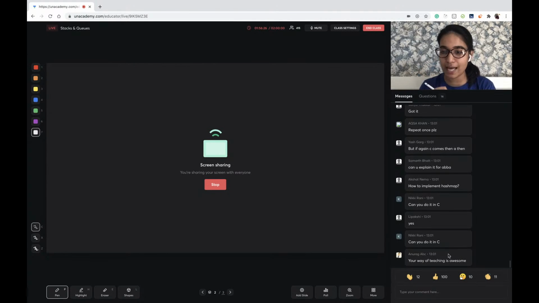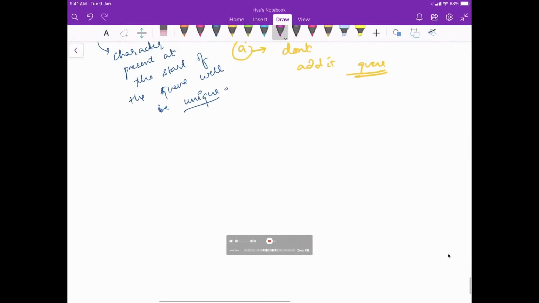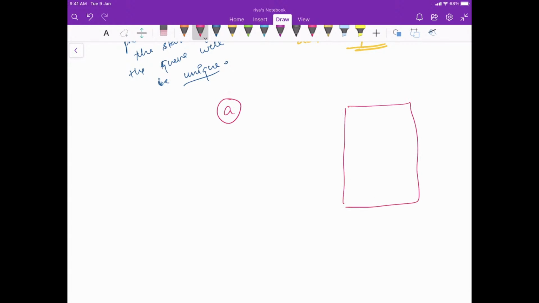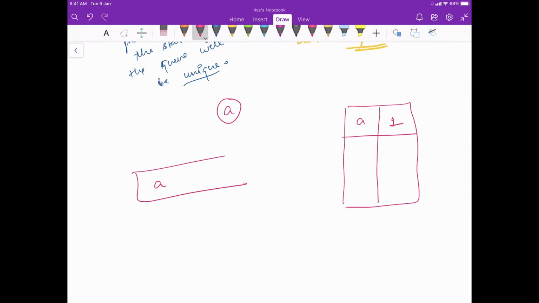Let's take one more example, and from that we'll try to learn. Someone was saying let's take it this way. So first let's say I get A. What I did is I took an A and put it in the hash map, and I put it in the queue also. And the answer so far is A, because A is at the front of the queue, and its frequency is 1.